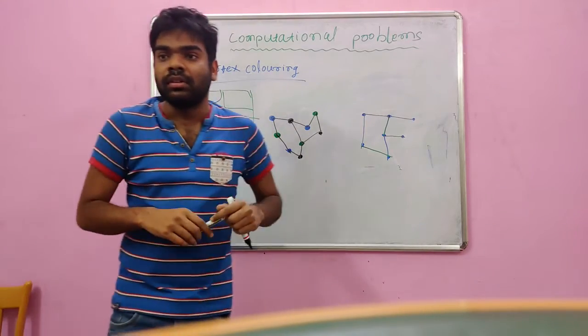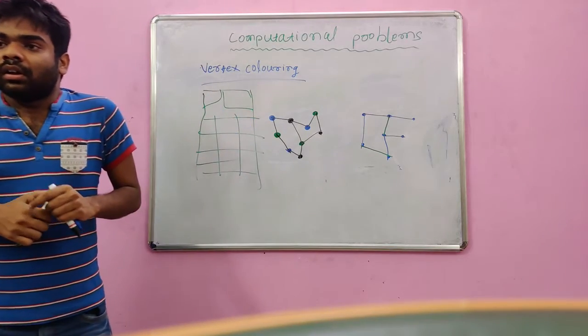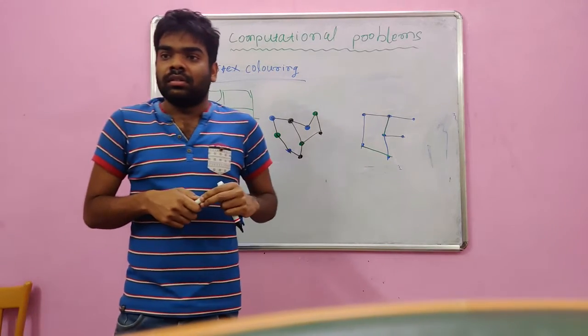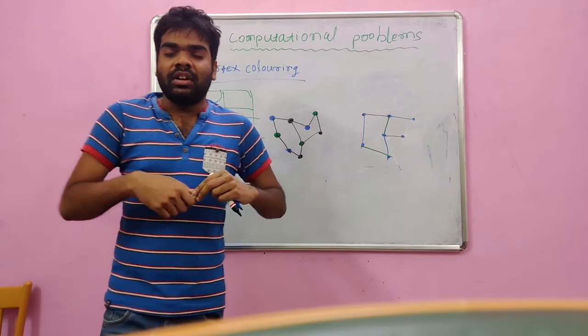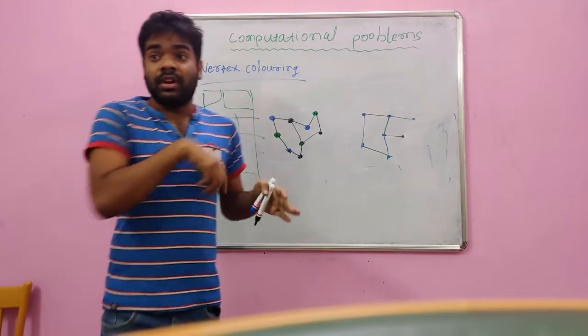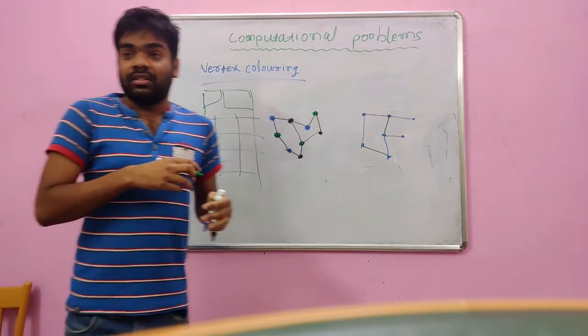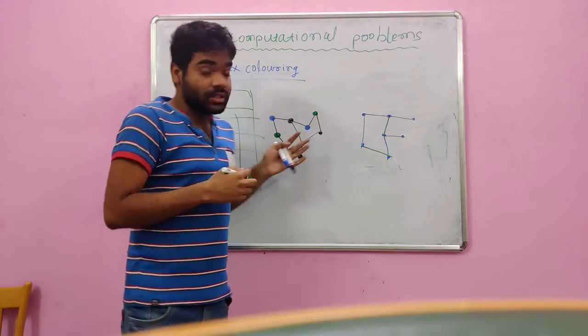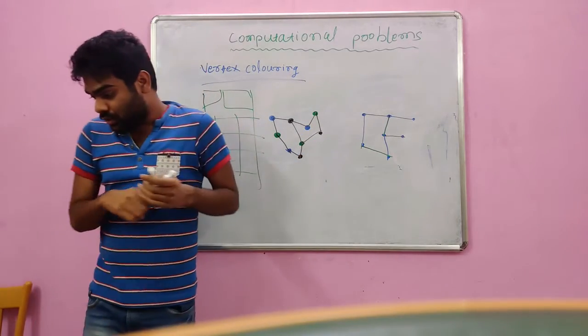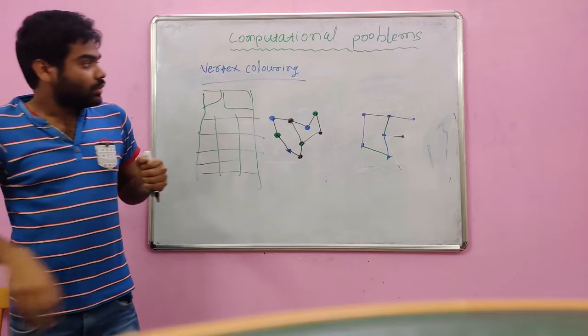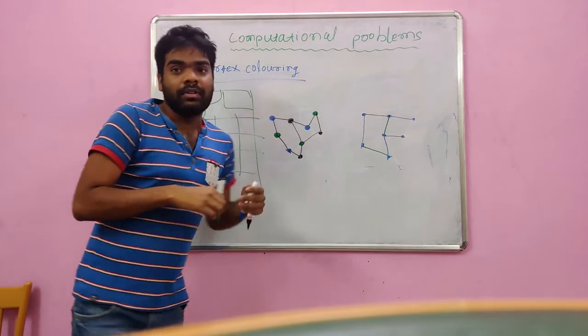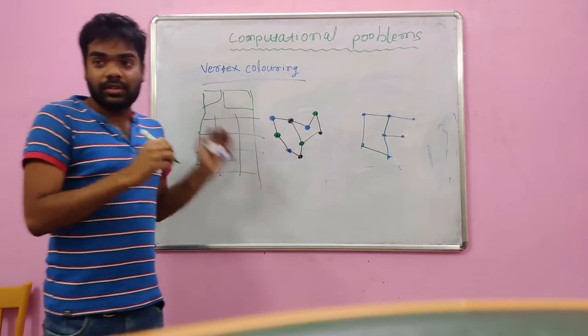And is it so that these graphs could be converted to a matrix? Yeah, that can be converted into a matrix. That I'll explain in the next lecture. So these are some specialties about this graph. In the next example, I will explain about minimization and maximization from this graph theory.